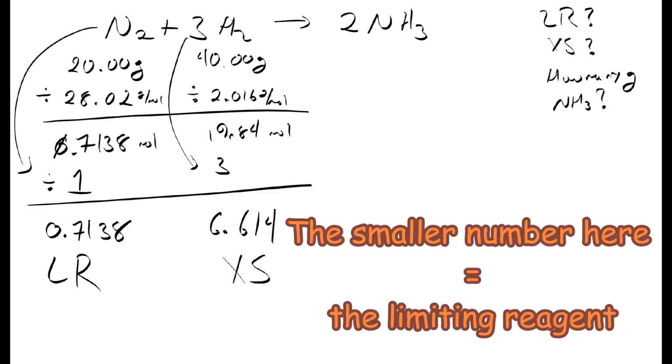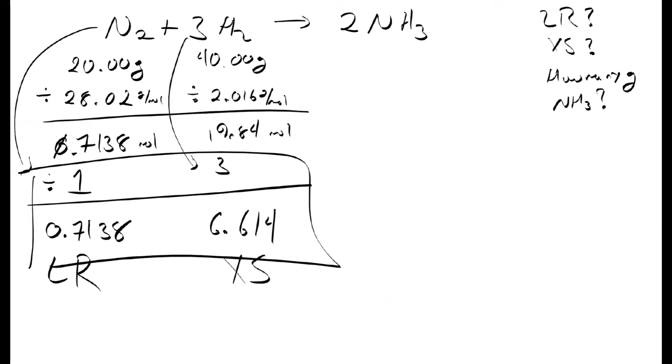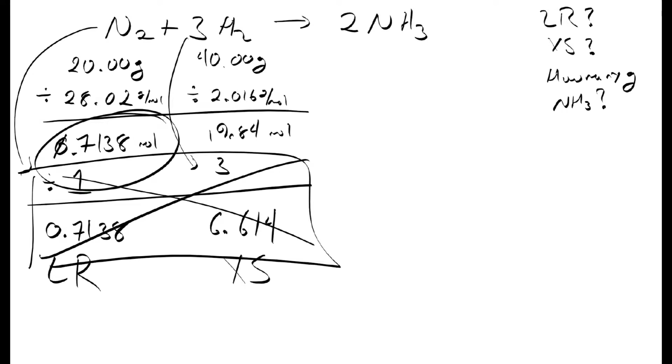So now we have done this, we ignore these. Okay, that's just for figuring out limiting reagent and in excess. Okay, so this is the number you work with for all your stoichiometric calculations. Okay, in order to determine everything else that comes after that, you're going to work with the original number, not the number that's been divided. Okay,